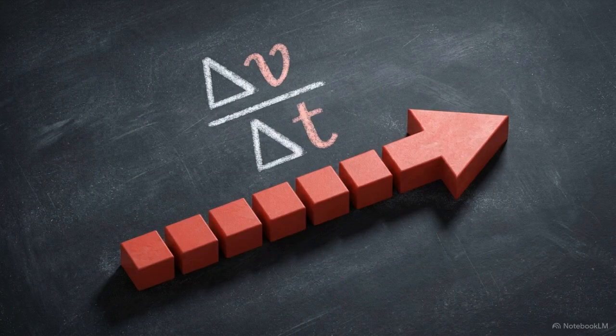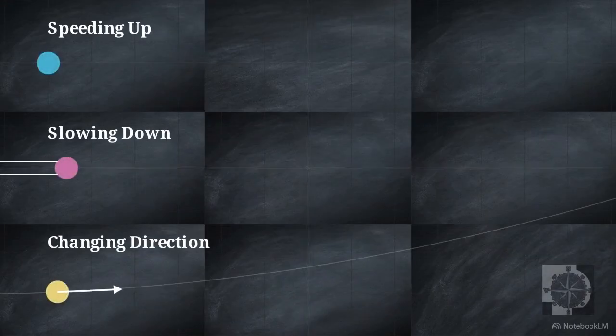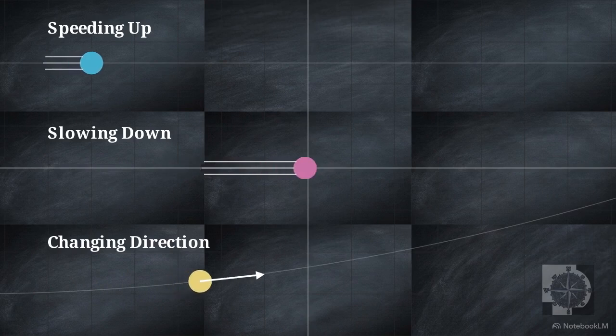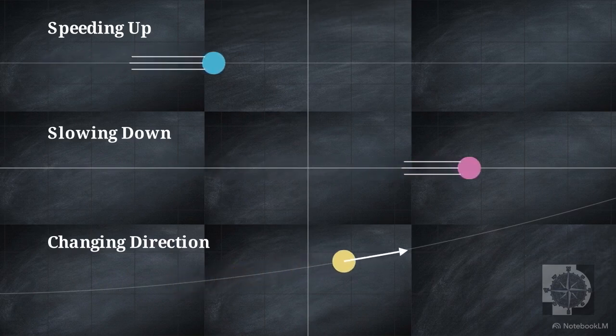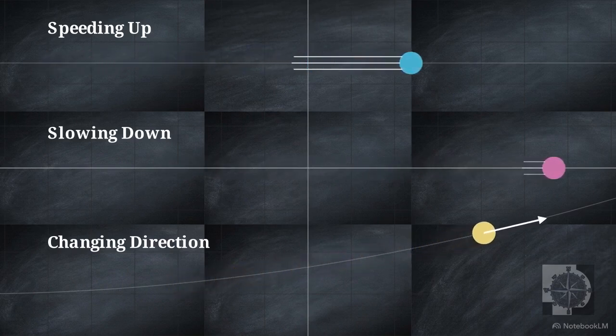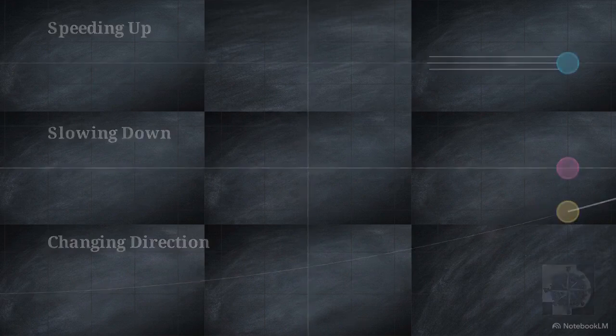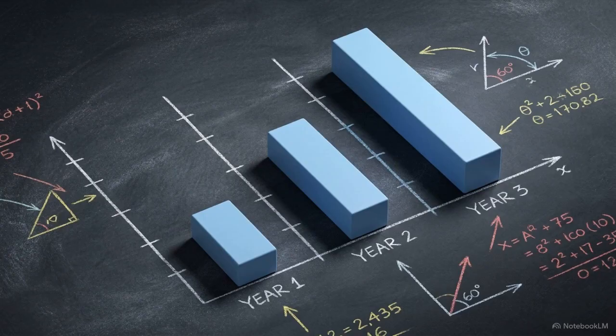When velocity itself changes over time, we introduce a new vector, acceleration. In physics, acceleration occurs whenever there is a change in velocity, whether the object is speeding up, slowing down, or merely changing its direction in space. This change in meters per second, measured over each second of travel, gives acceleration the SI unit of meters per